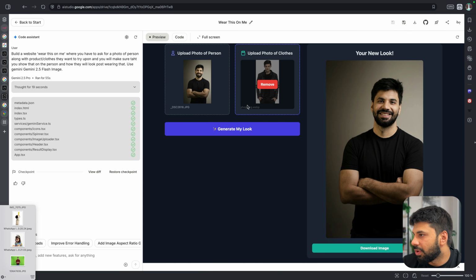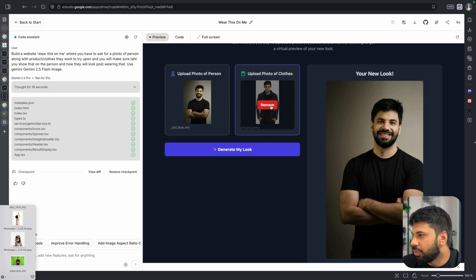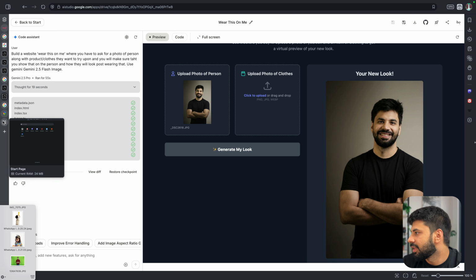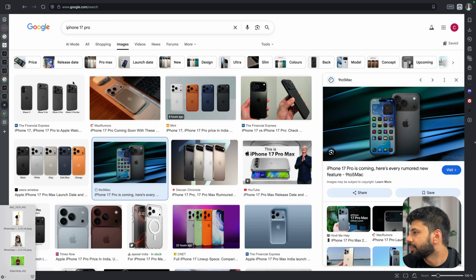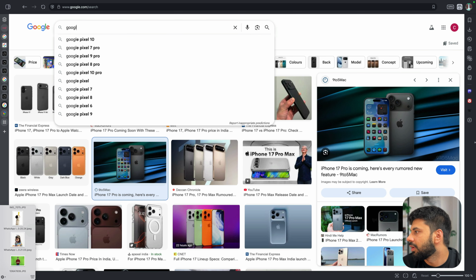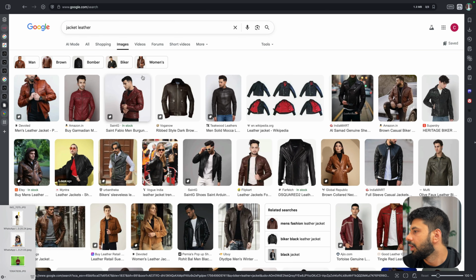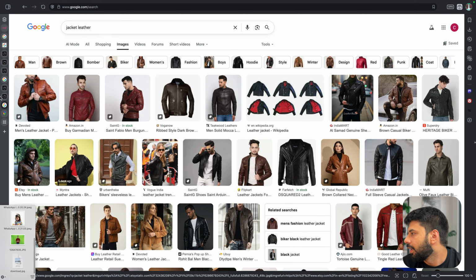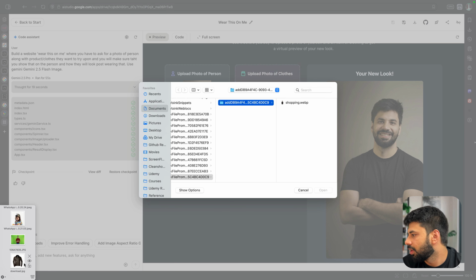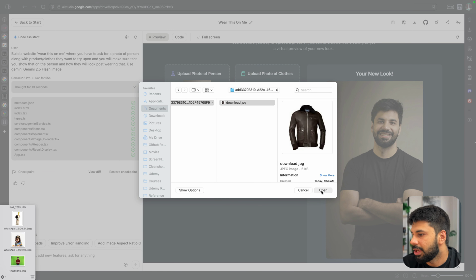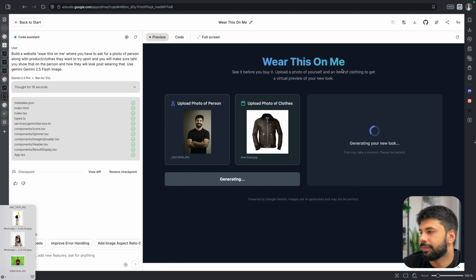Okay, so it has maybe not understood it. So maybe we will have to do a little bit of better things. Let me just get one thing quickly. So just Google jacket leather. And what I can do, I can go back, upload this image. Can have this image, generate my look, and let's hope it helps me in wearing that. The overall idea is that